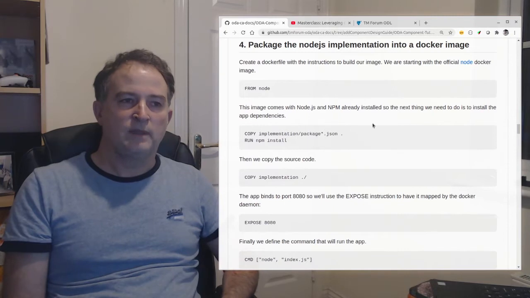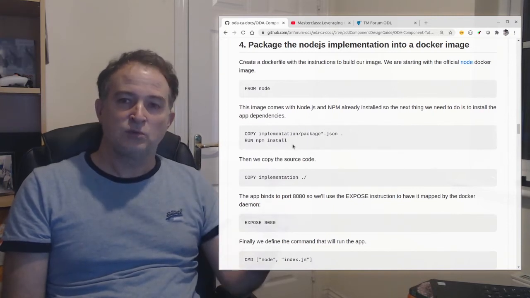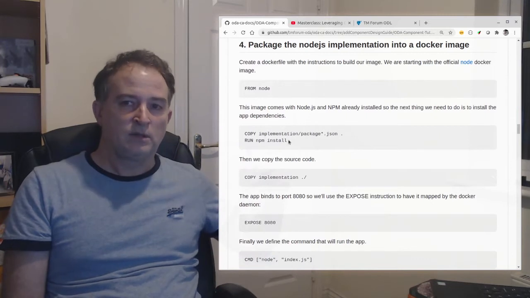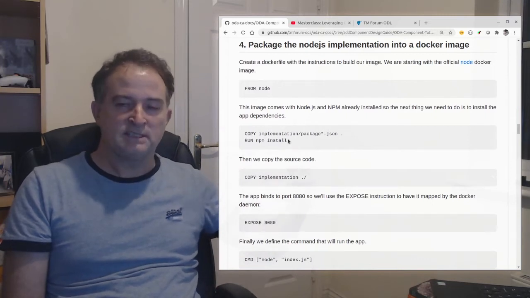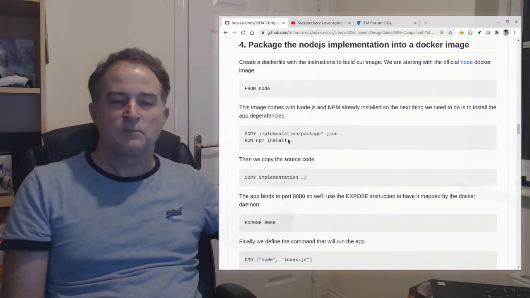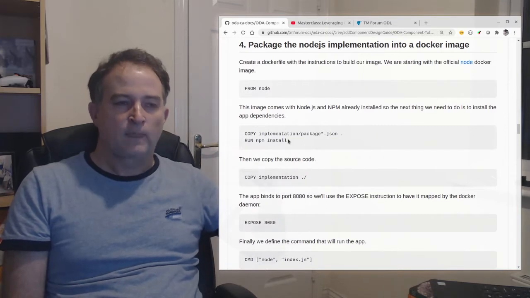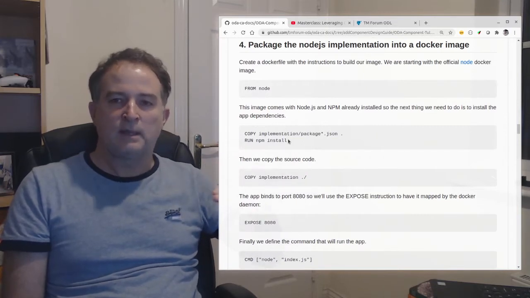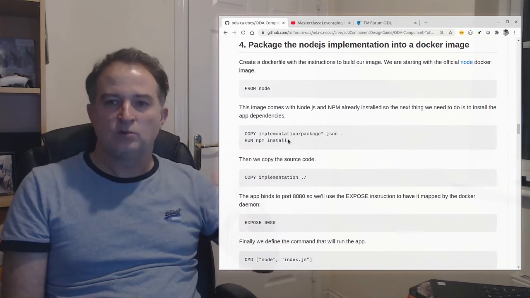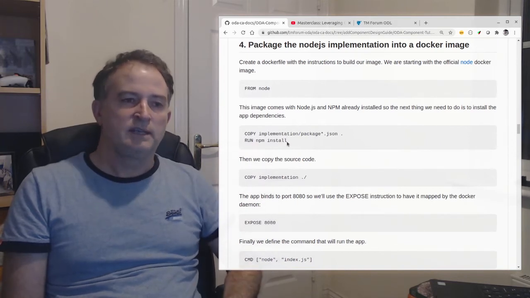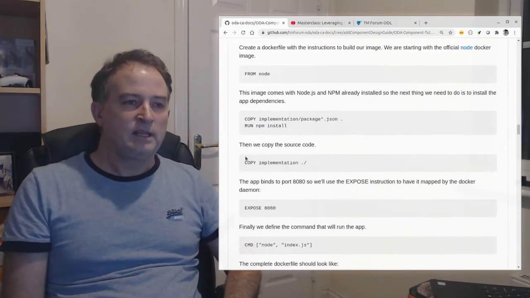So I copy that, and then in my Docker file I say run npm install. So the image will be as lightweight as possible. It doesn't actually have all the libraries in the image. It's as lightweight as possible, and it will build and it'll run npm install to actually install those packages into the image. And then finally I want to copy the source code, which is called implementation. I copy the source code,